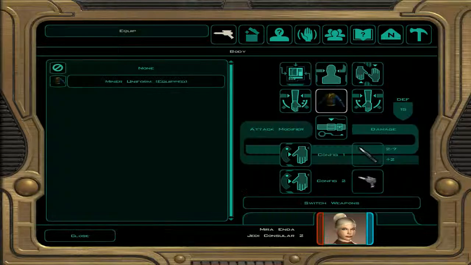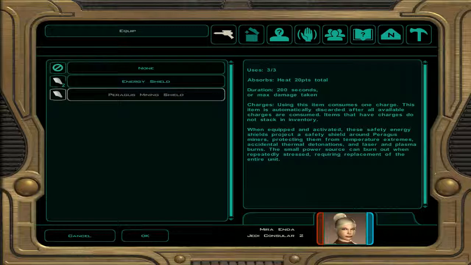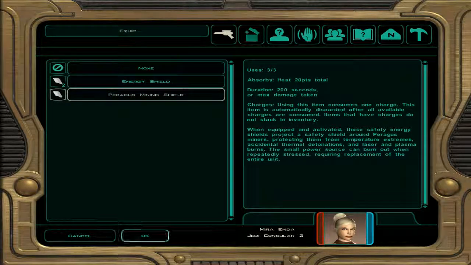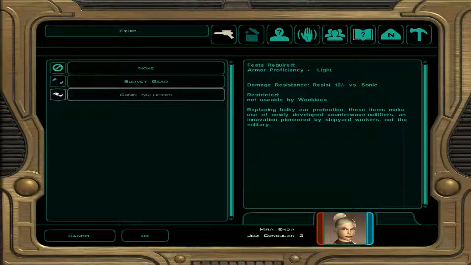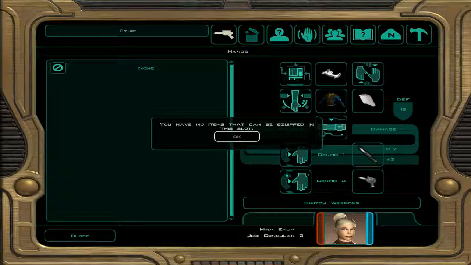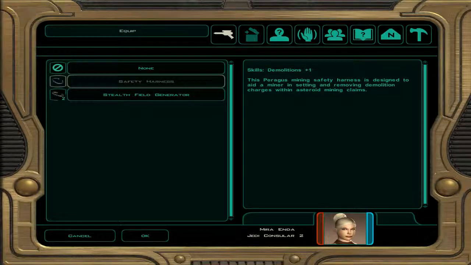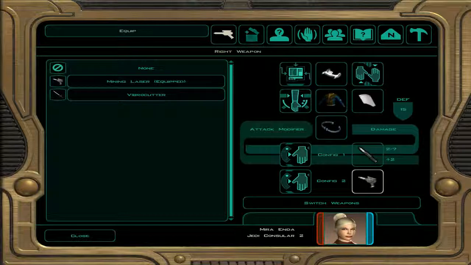The uniform gives a defense bonus of 1, so it's better than nothing. We have energy shields and mining shields. Mining shields would be better here because they protect against heat. I think that's what damage the mining lasers do. The energy shield protects against energy and electrical. It's also a lot more powerful, so I don't want to waste it here. The sonic nullifier is better. I can't disarm mines anyway, so... Safety harness, demolitions +1. I can't exactly do anything with that. I can't disarm them, that just isn't happening, so...